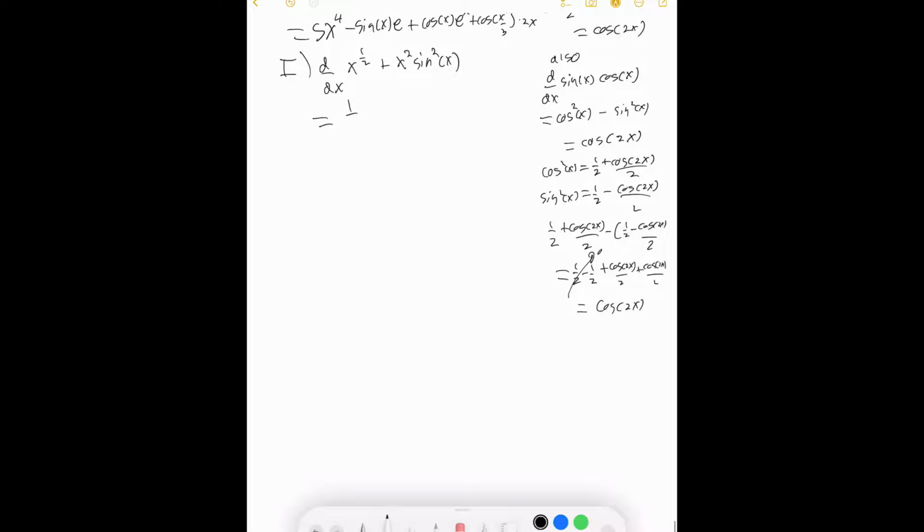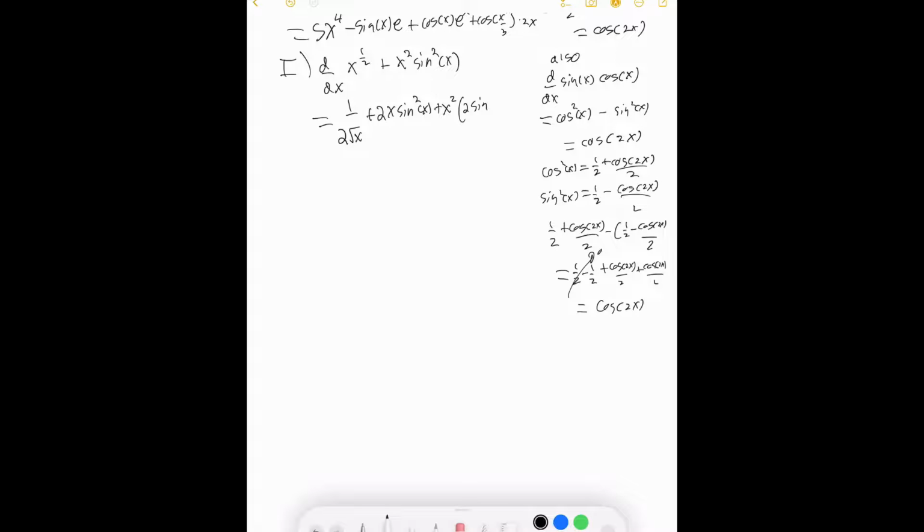Looks like we're moving on to I, which is x to the 1/2 plus x squared sine squared of x. X to the 1/2 is going to go to x to the 1/2 minus 1 times 1/2, which is going to be 1/2 root x. The derivative of x squared is 2x, so that's going to give us 2x sine squared of x,